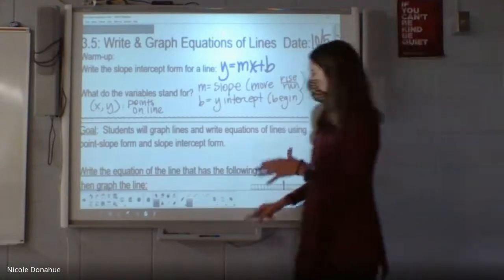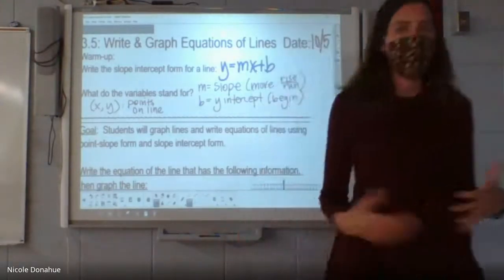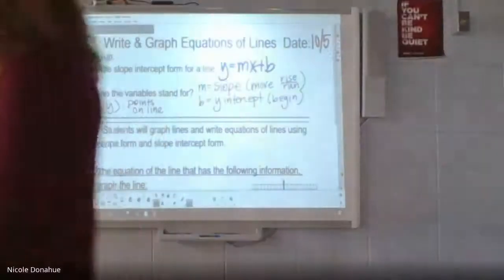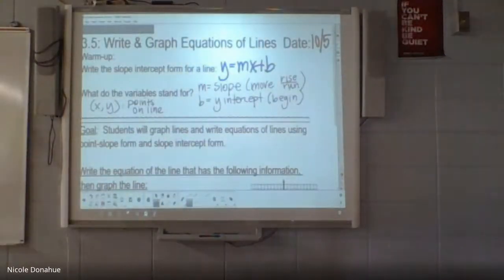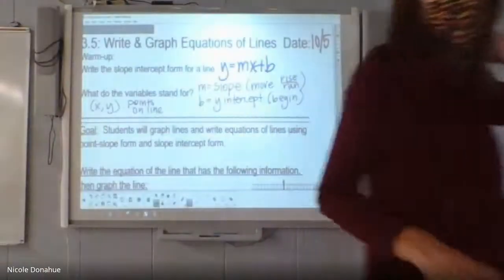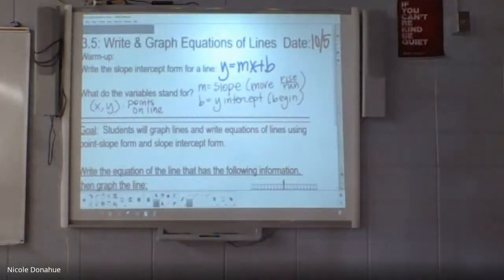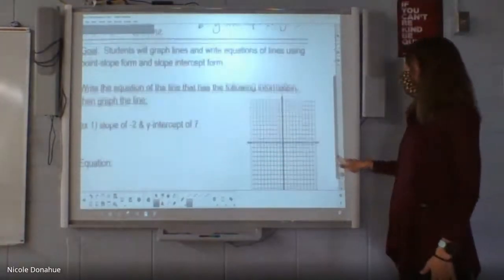So all that information, we're going to use that today in what we're talking about in terms of writing equations. Mostly today we'll be writing equations. I think next class we'll be doing some graphing as well, or maybe we'll get into some of the notes for graphing. But writing the equations and getting comfortable with that. Again, this is something you learned in algebra, but you probably took a whole 3 or 4 days to learn this in algebra. We're going to try to fast track it into 1 or 2 days here.